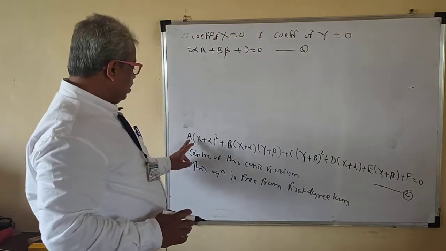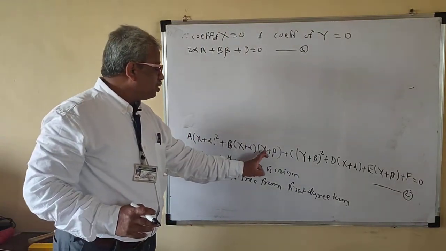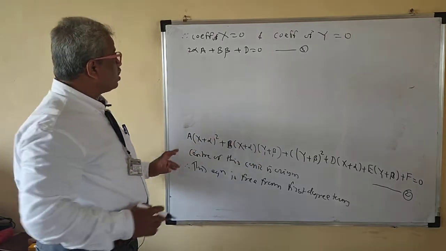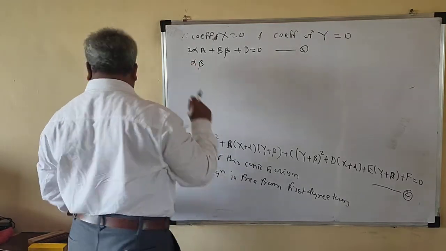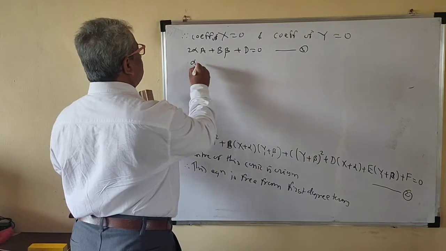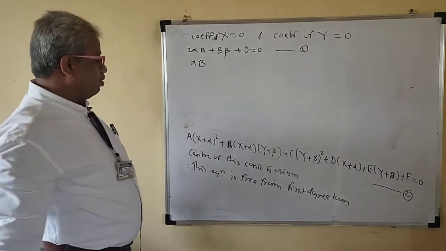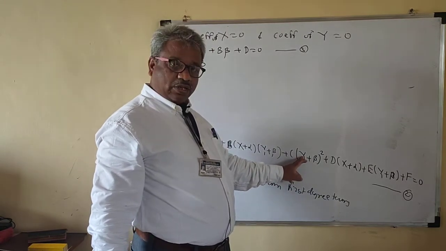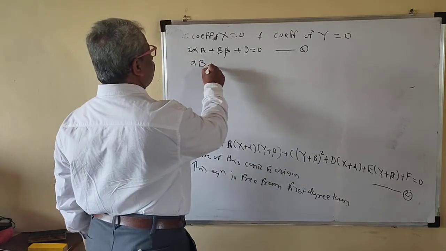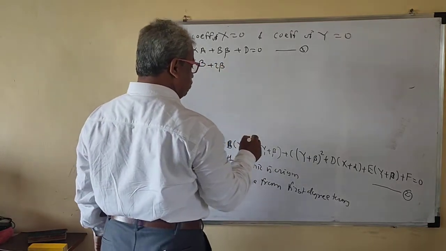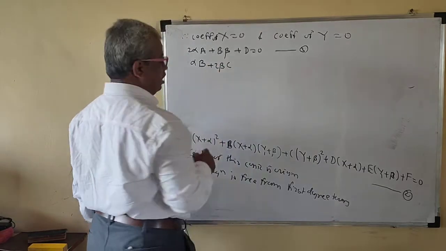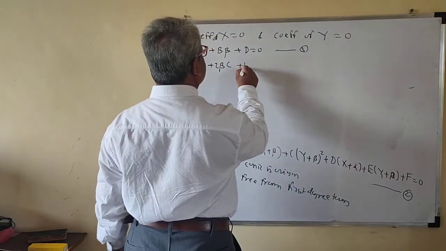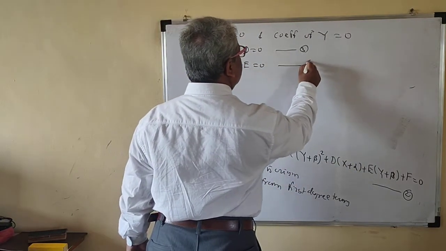Now we collect the coefficient of Y. Taking alpha Y from the second term, with b outside, this is alpha b, not beta. Then twice beta Y with c outside gives twice beta c. The last term is plus e, so plus e is equal to 0. We call this 4.